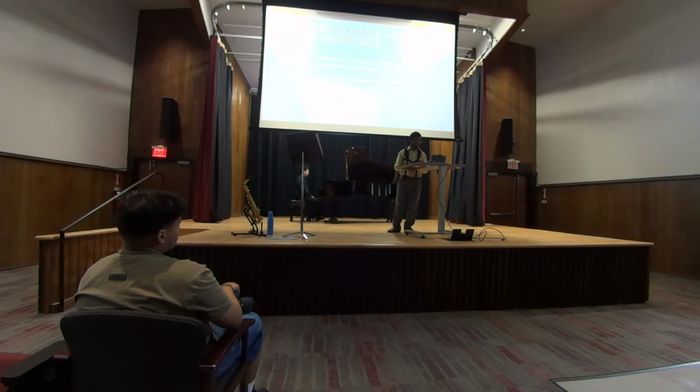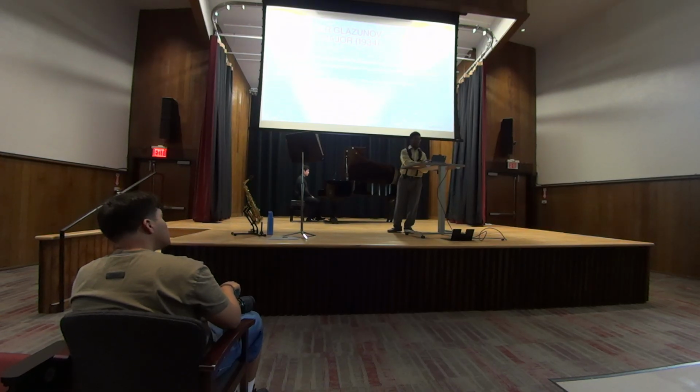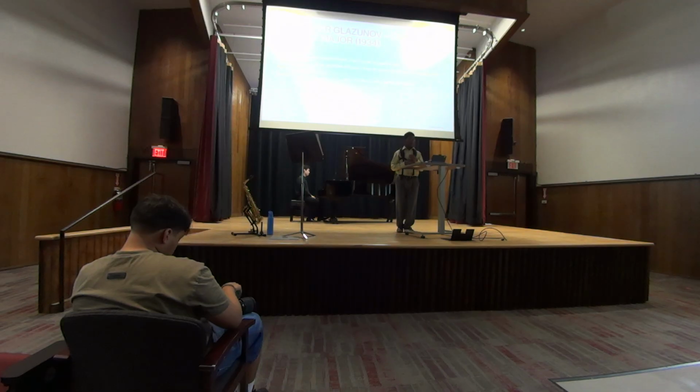Glazunov was a Russian composer who wrote this piece in 1934 for the alto saxophone. This piece was originally dedicated to Sigurd Rascher, a very popular saxophonist who had a phenomenal range in the altissimo. But Glazunov wrote this piece to keep it within the standard saxophone range, while still keeping that classical style.